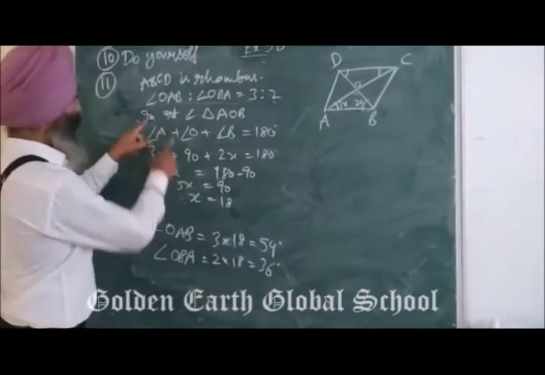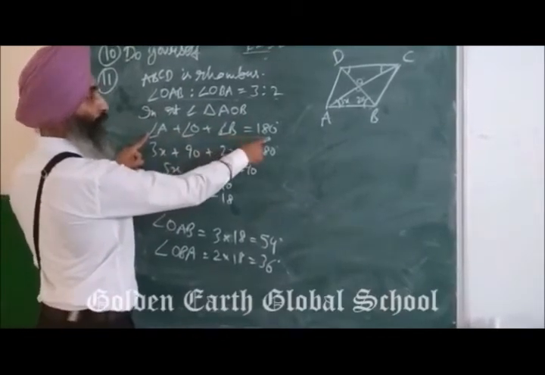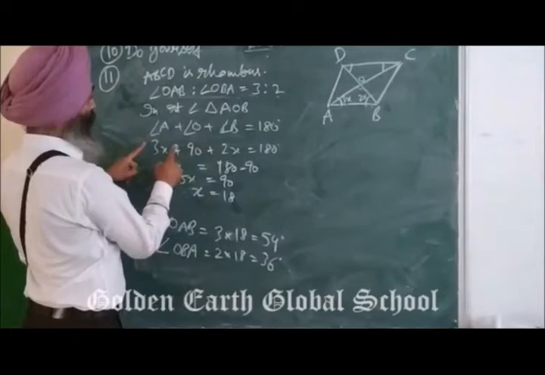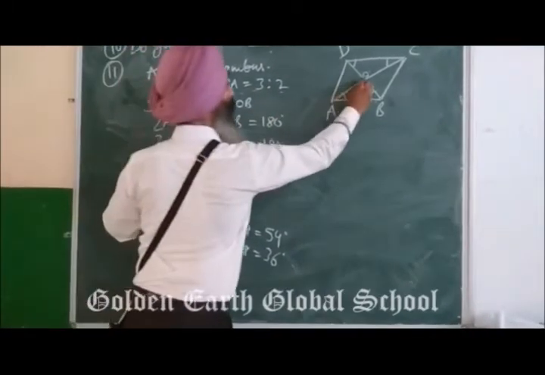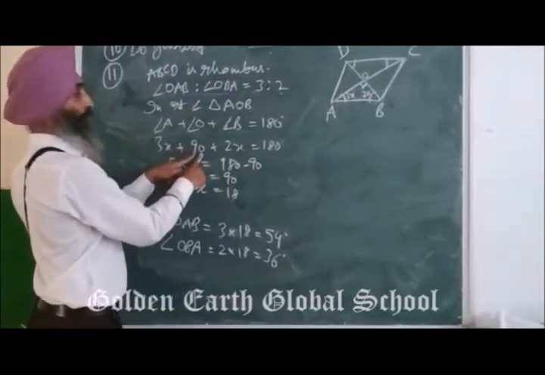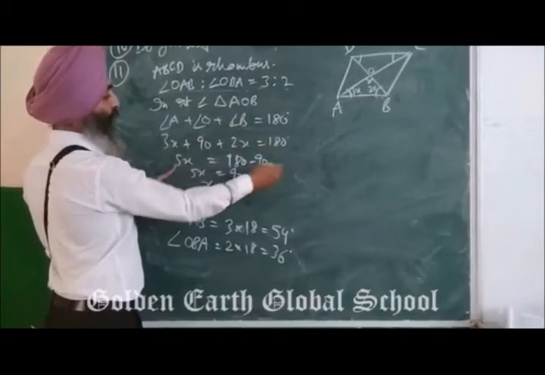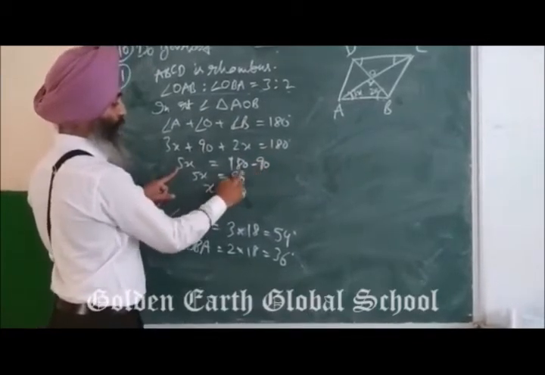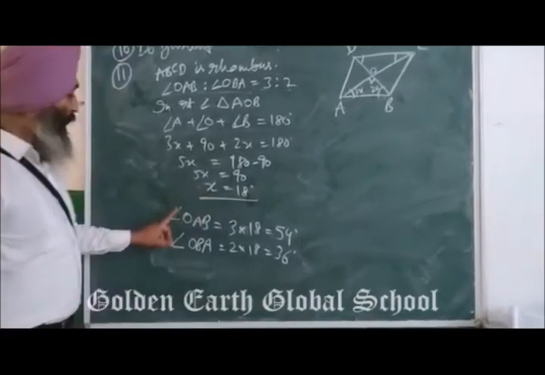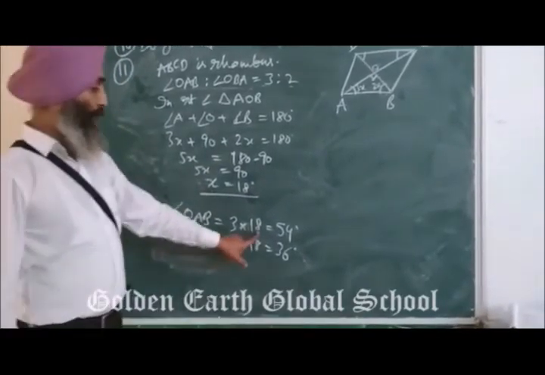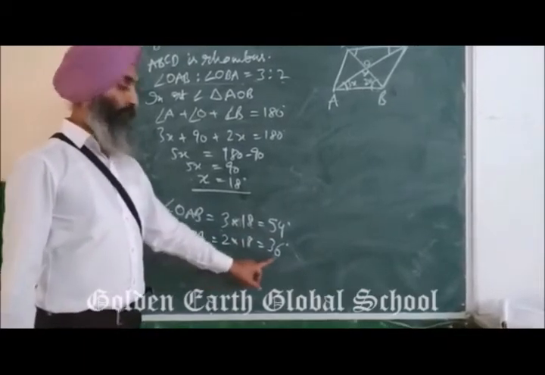So in the right angle triangle AOB, we can say that A plus O plus B is equal to 180 degree. Okay, so angle A would be 3x, O क्योंकि 90 degree है इसलिए we have put 90 degree. So 2x, 3x plus 2x 5x, 90 on that side it will subtract from 180. So 5x is equal to 90, x is 18 degree. Okay, so now OAB would be 3x means 3 into 18 and OBA is equal to 2x means 36.